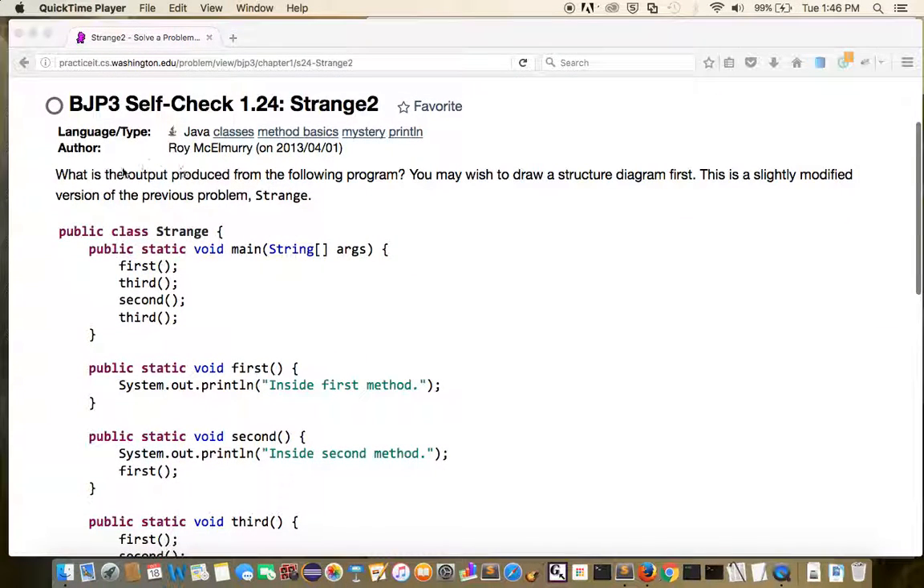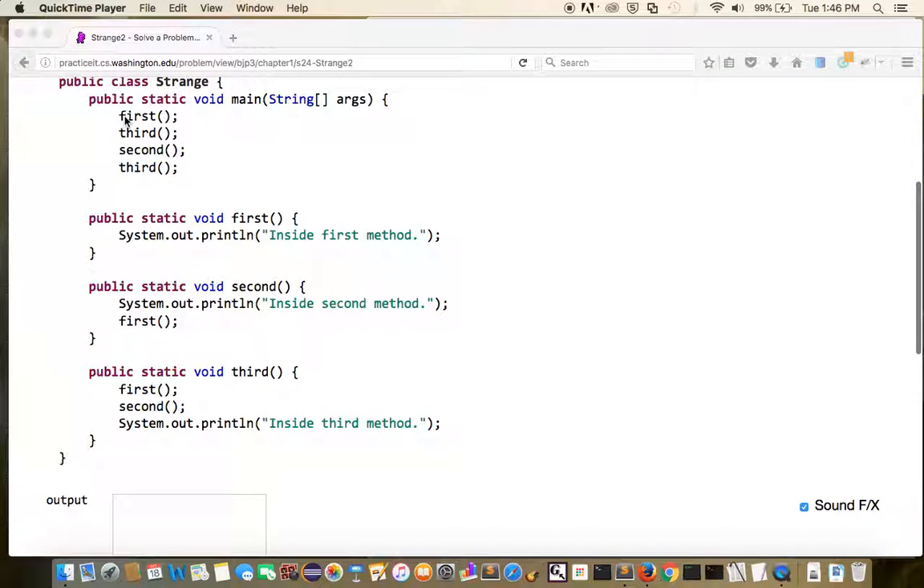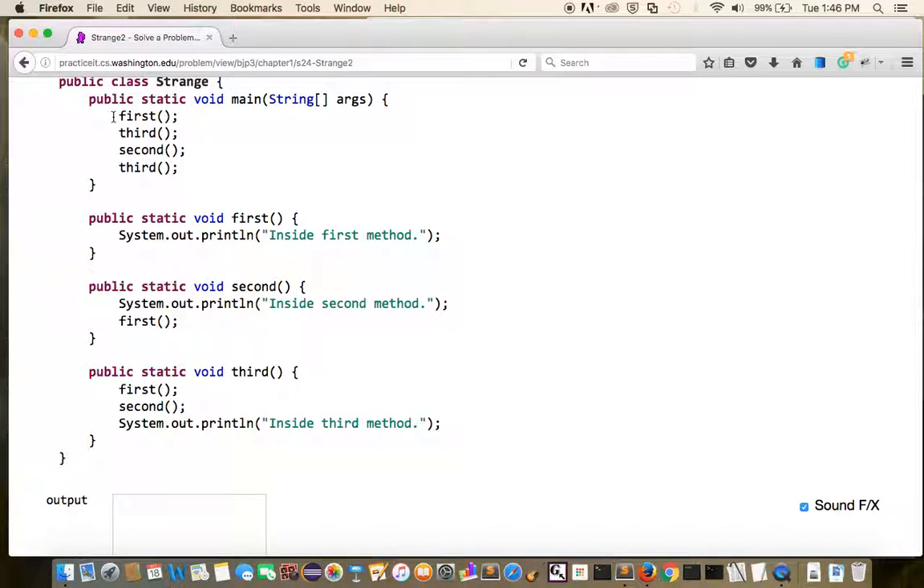In this video, we're asked to figure out what the output of the program is. This is very much like the last one that we did, but it's slightly modified to be a little bit different. So first off, we go into our main method here, and we see a call to our first method,